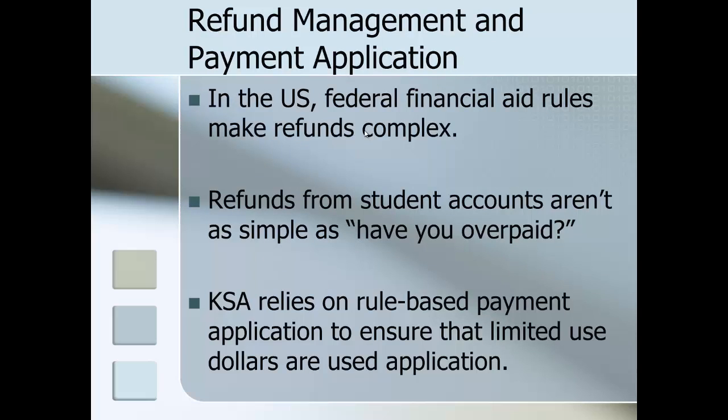The refund management system relies on that payment application system that I mentioned to you before. Again, with these US federal financial aid rules, we've got a rather complicated system of what it means to have to give a student a refund. You can end up in a situation in the US whereby there may be $20,000 worth of financial aid on the account and $30,000 of charges, but if you're not allowed to apply that financial aid to those charges, you actually have to write the student a check. And you may actually be in a situation where you're writing the student a check for $10,000, even though the student owes you $15,000. So the refund management system of KSA is based on this use case of you can't